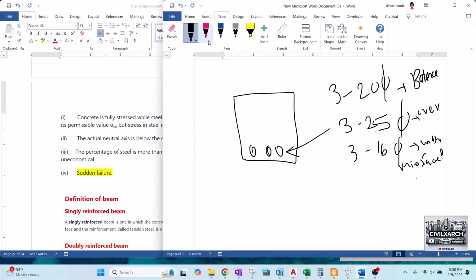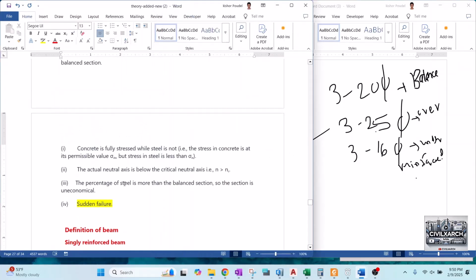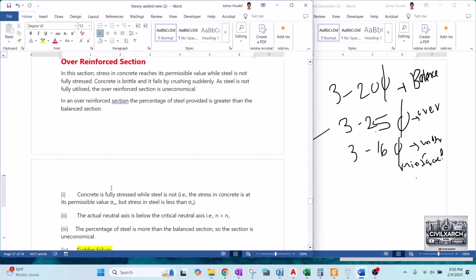Now comparing these types of sections: balanced section, under reinforced section, and over reinforced section. We know that the balanced section is more economical than the other sections, because for a particular load the section is more economical if concrete in compression and steel in tension are fully stressed at the same time. But the balanced section also has sudden failure, because at that time concrete also reaches its permissible limit. So most designers choose the under reinforced section, because